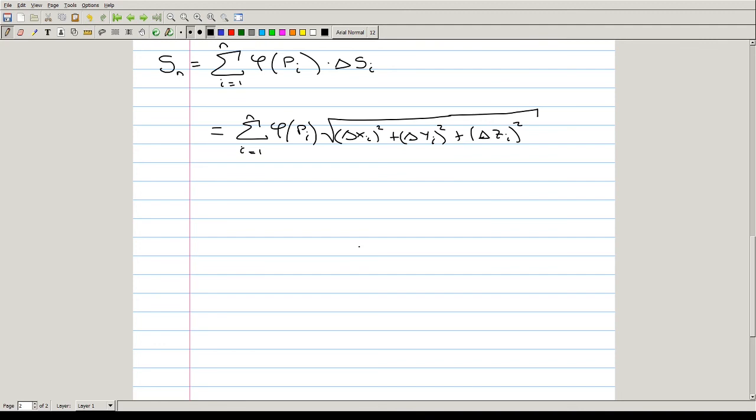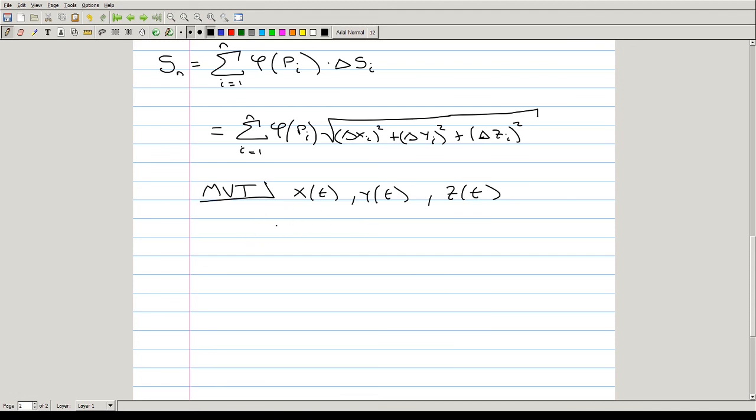And this is where one of the very nice theorems from single variable calculus actually comes in, and this is called the mean value theorem, or MVT. Right, so we know that x is a function of t, y is a function of t, and z is a function of t. So under suitable assumptions on each one of these functions, we can apply what's called the mean value theorem,